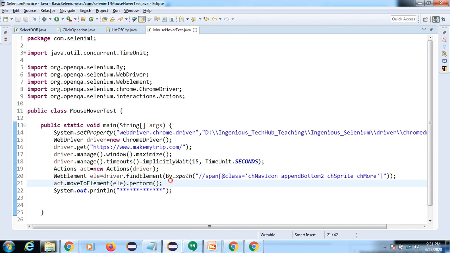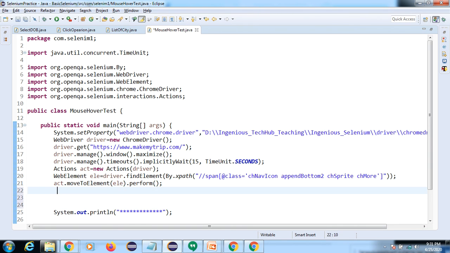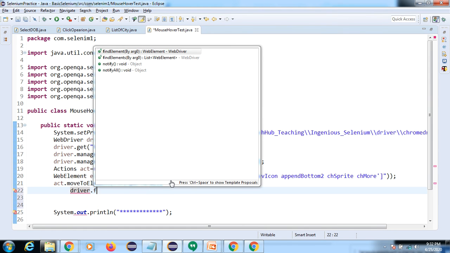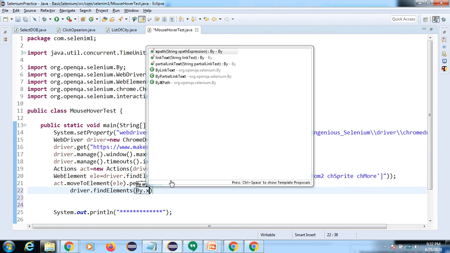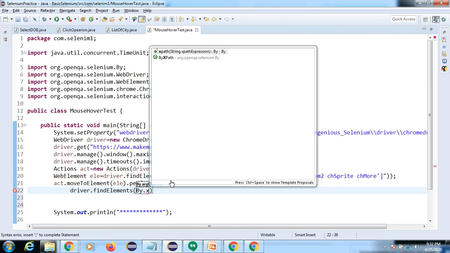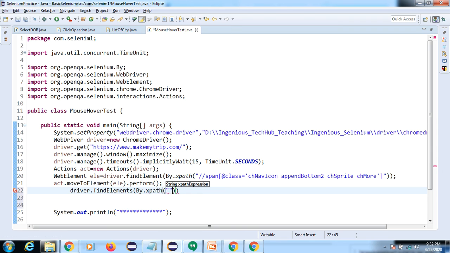There are multiple methods, so according to the practice you do, you will be able to find the solution for why this is happening and how to handle it. Here we will use the select tag and XPath, sorry, findElements. Your findElements will return a list of WebElements, right?